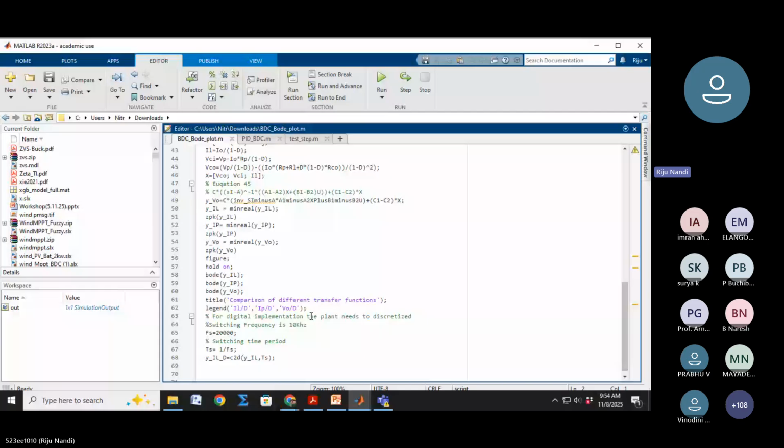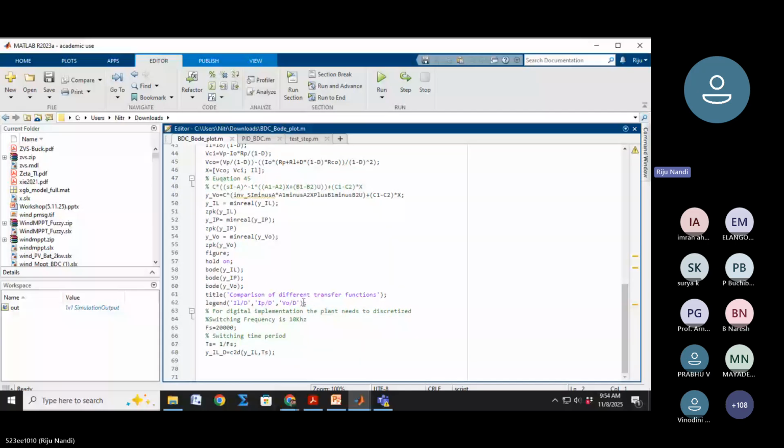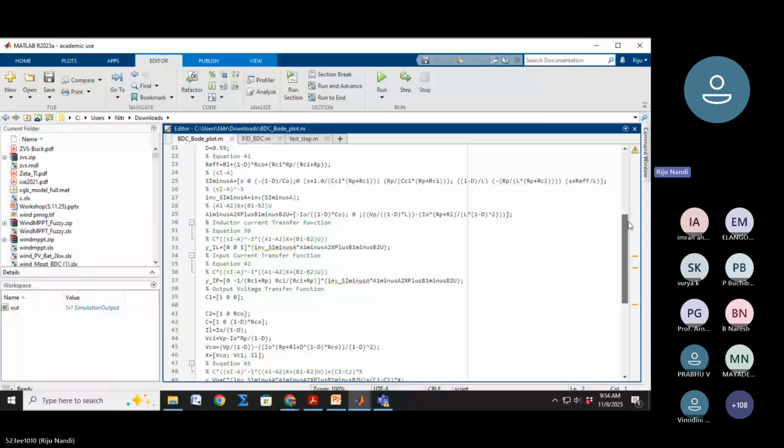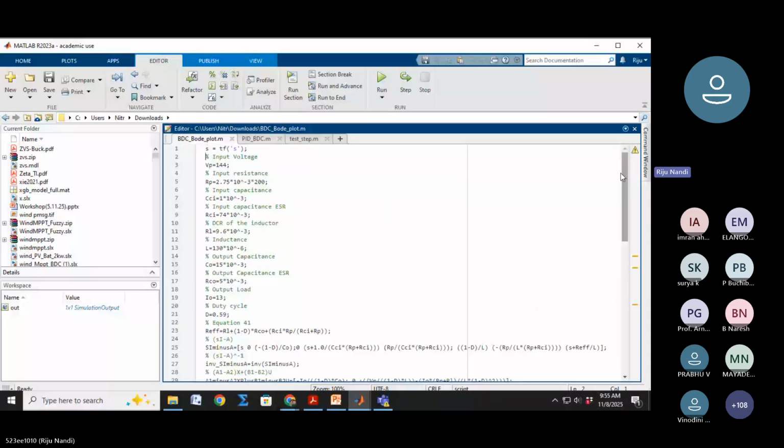Okay, switching frequency 20 kilohertz. I have used 20 kilohertz also for the simulation, and TS is also 1 by Fs. You know what is the timing, 1 by Fs. That is the coding part. Okay, after you see that after running this part,